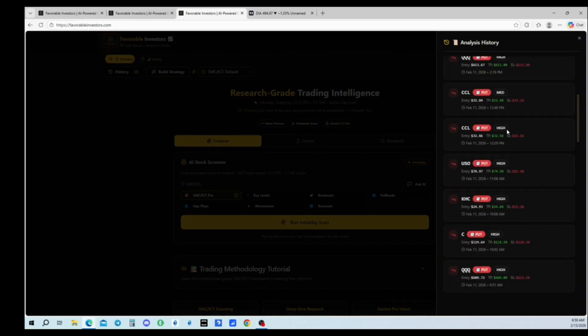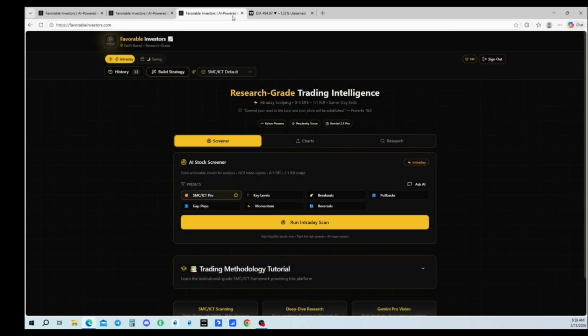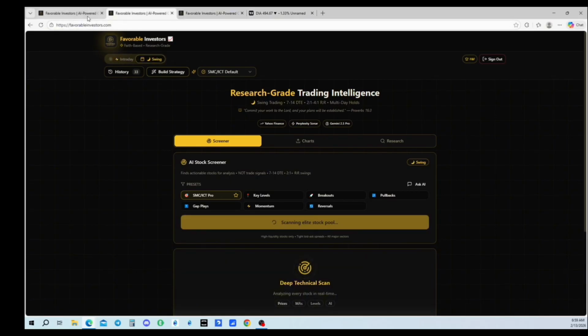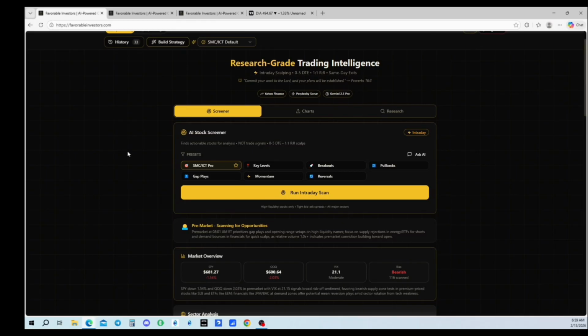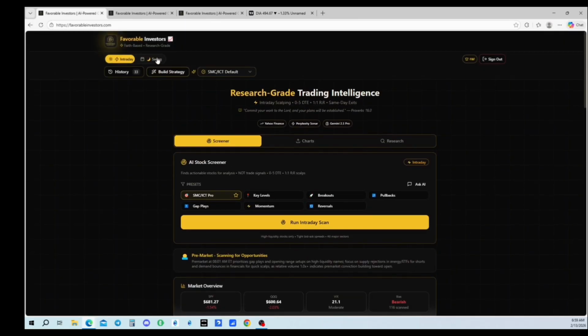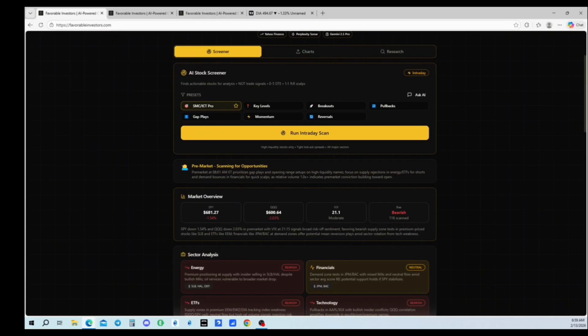And we can see here that in the logs, it takes account of the times that you run the scans and which type of mode you were in, whether it was intraday or swing. And it takes all of this stuff into consideration. Now, we see here, I ran the intraday scanner, and we can see all this stuff that pops up. Look, it even takes into consideration that it is pre-market, which is perfect for traders, because not only does it take into consideration that it's pre-market, which it is right now,